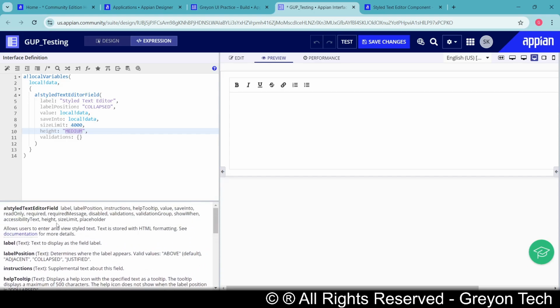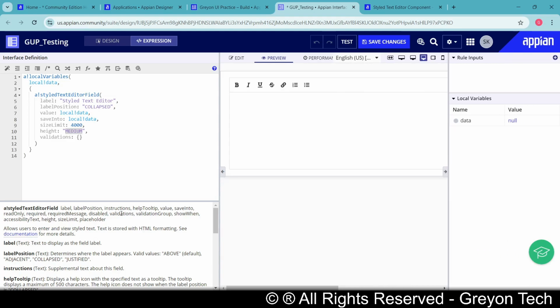Other than these are standard properties when it comes to validations. Right now, there are no validations that I am implementing here. So you can put validations on the entire component with respect to the data, whether applying null check, some character limit is already there in the size property, right? Other than that, placeholder, you can choose a supplementary text here. So you can choose placeholder.